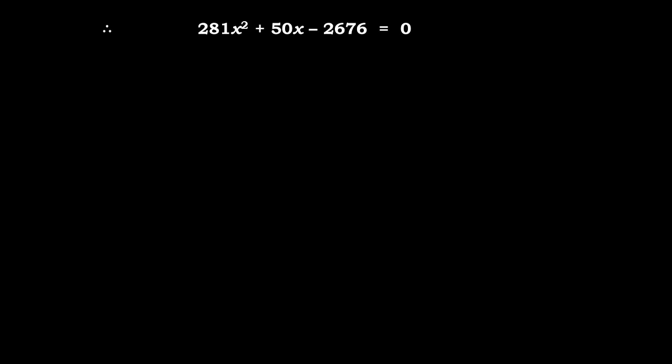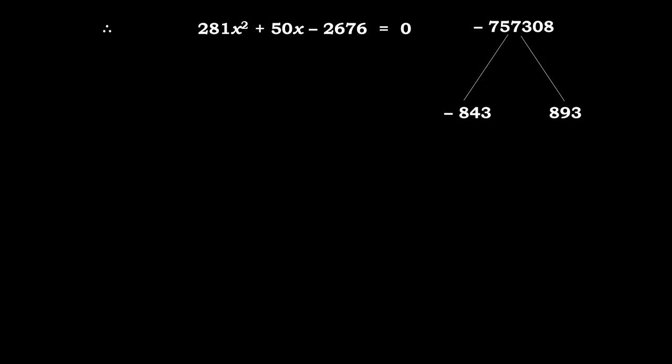Now see student, minus 2676 into 281 will become minus 7,57,308. You have to factorize so big number, and now you have to take factors of this so that subtraction will become plus 50. And see the factors, minus 843 and 893. These are the biggest numbers, minus 843 and 893.